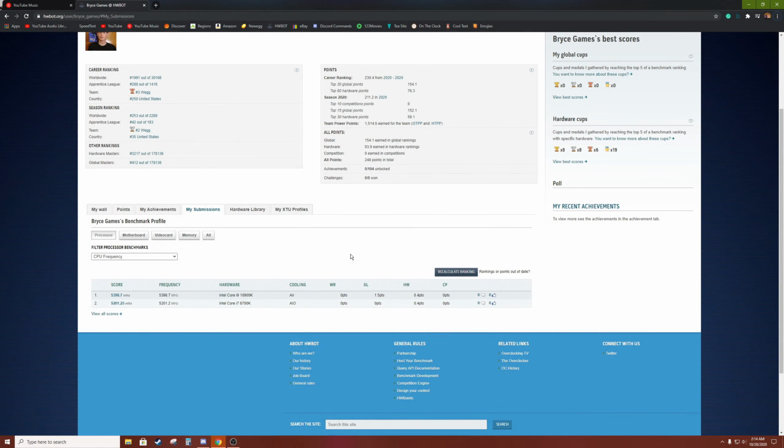Okay, the next topic I want to go over is how HWBOT points work, and I've had to record this a few times because it's a complicated topic, at least for me to explain. HWBOT points are divided into, from my understanding, global points and hardware points. Global points, again, from my understanding, are the points that you get from submitting a certain set of hardware that